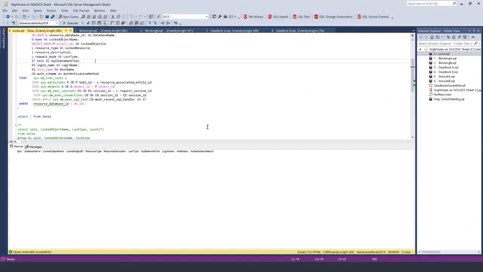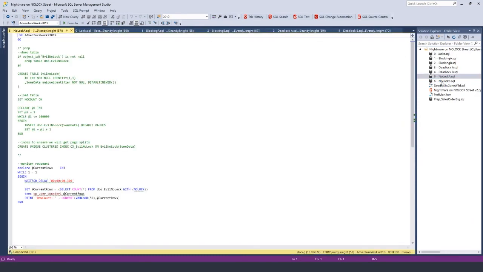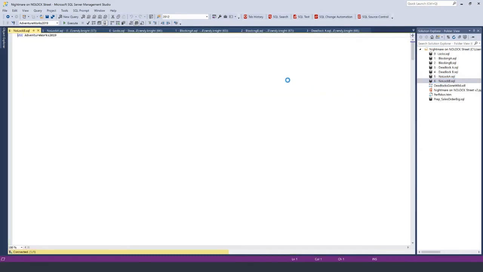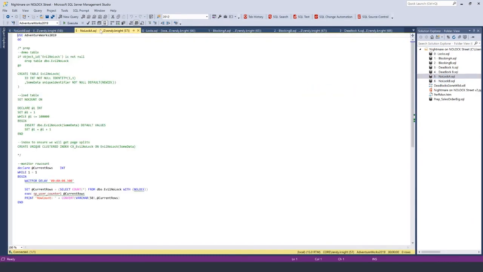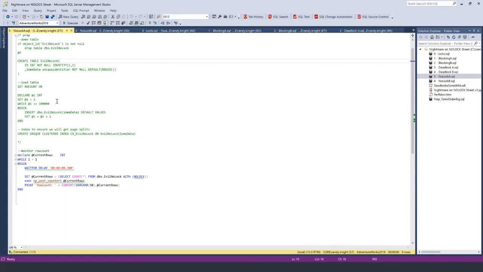What I'm going to do here is we have a table that is a very poorly designed table, which was created for the express purpose of causing page splits so that we can illustrate this. So this table is called Evil NOLOCK, and it has, I believe, exactly 100,000 rows in it. So if I say select count from Evil NOLOCK,